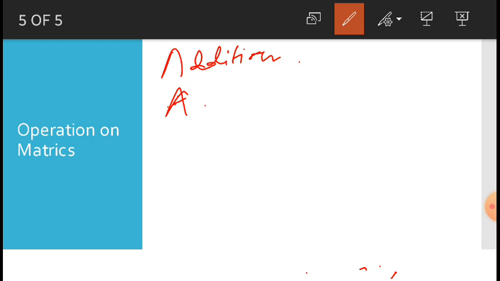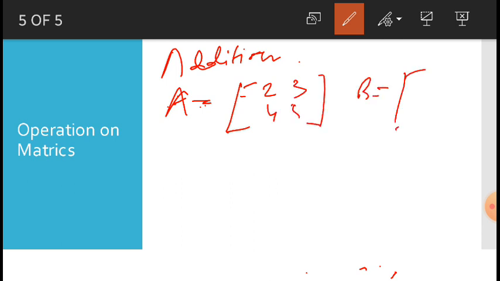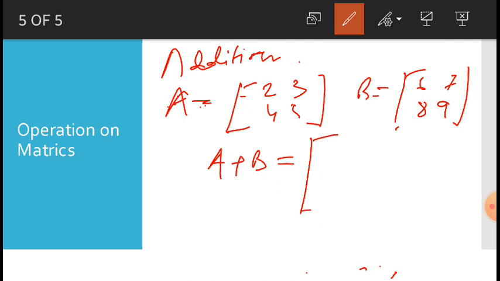Like A equals 2 3 4 5, and B equals 6 7 8 9. So now A plus B is nothing but 2 and 6, that is 8, 3 and 7, that is 10, 4 and 8, that is 12, and 5 and 9, that is 14. So A plus B looks like this. Okay, always remember that